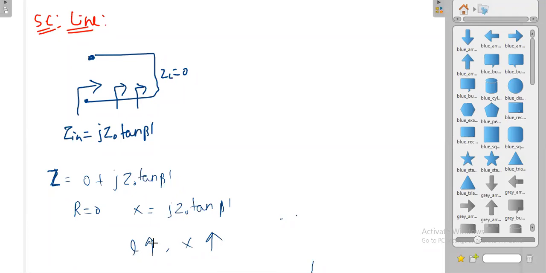What will happen to βL if you increase the length? As you are moving, what are you increasing actually? You are increasing the L. Indirectly you are increasing the L, because you can have a smaller section also. When it is smaller, you will be here. When L is larger, you are moving in this direction. When you increase the L, you are increasing X. When L is increasing, in which direction are you moving? You are moving from load to source.